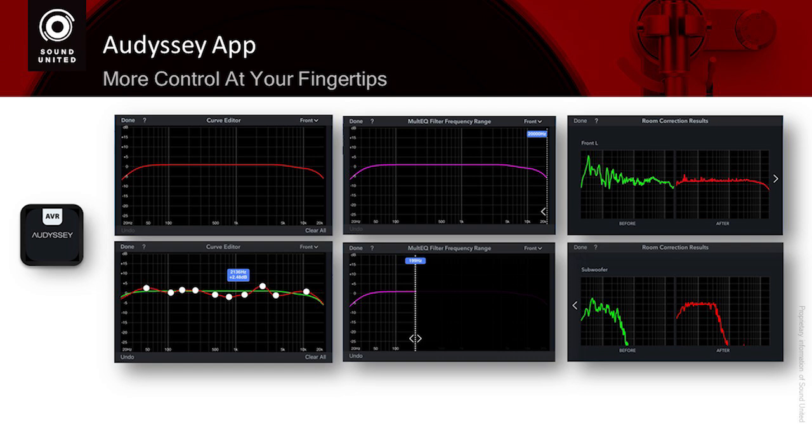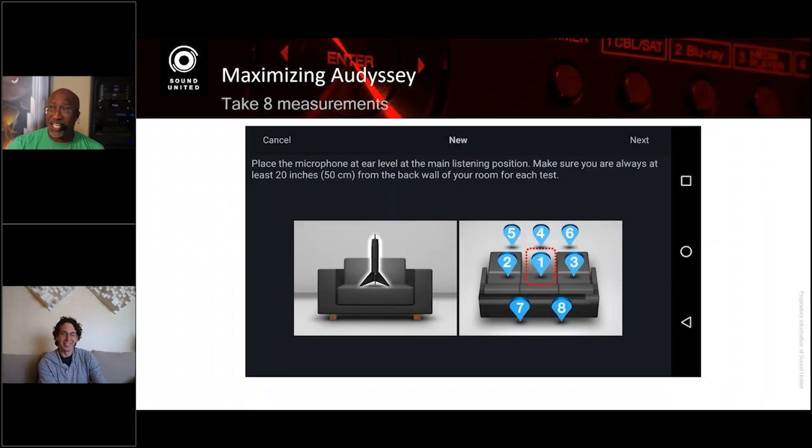So the reason why I bring all this up is I hear people go, man, I like Audyssey, but it doesn't have enough flexibility compared to fill in the blank. And I'm like, have you used the app? Have you run the 8 positions? Most of the time people complain about Audyssey, they don't follow the most basic things, which is number one, and Jim will kill me every time if I don't say it, it's 8 positions.